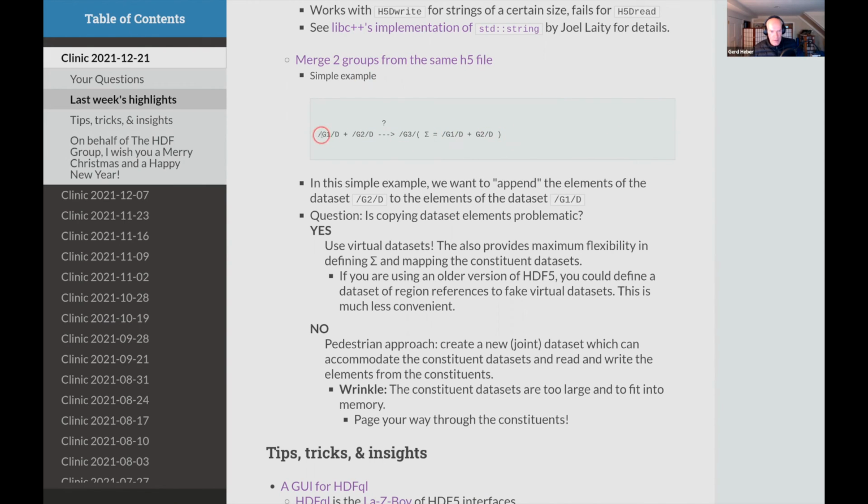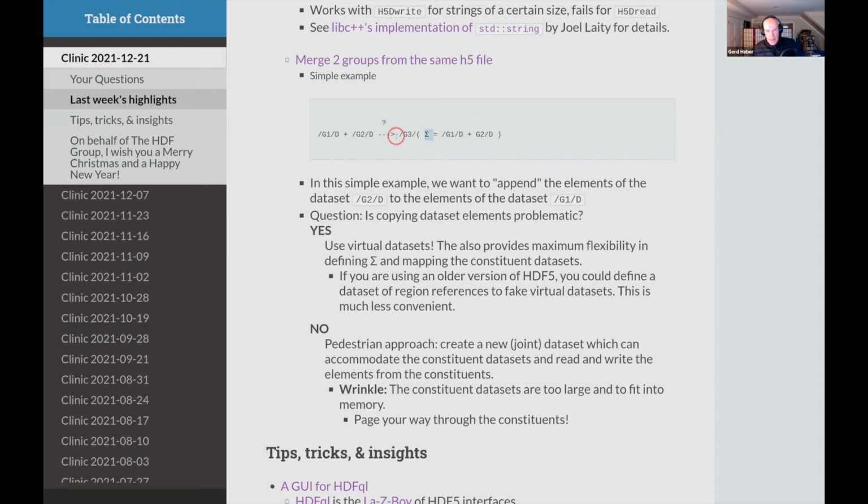So let's just pretend that we have a group G1 with a data set D in there, and a second group G2 with a data set D in there. What the person was trying to achieve is to create another group, G3, which could actually be either G1 or G2, and then sum, to say, concatenate or append G2D to G1D, or the other way around, depending on how you want to do this.